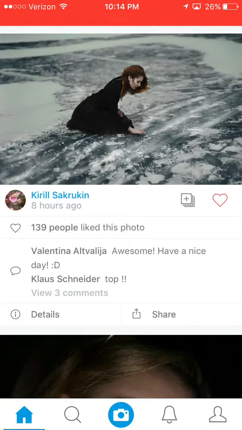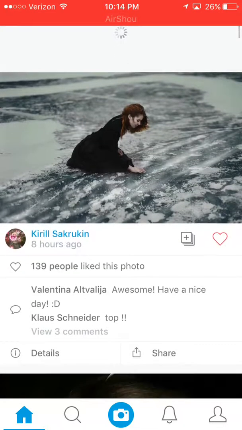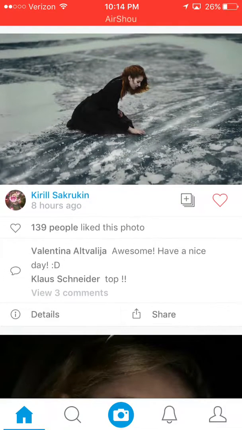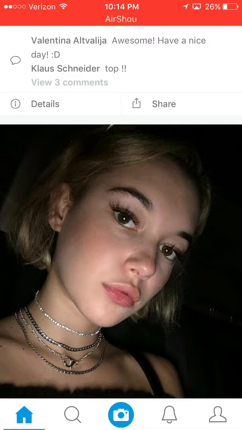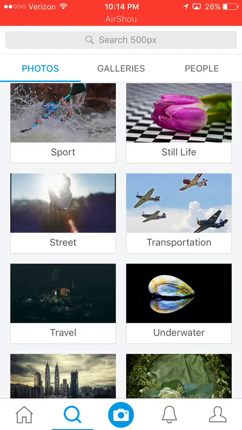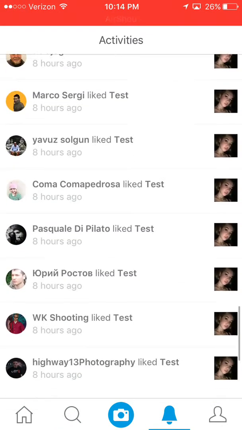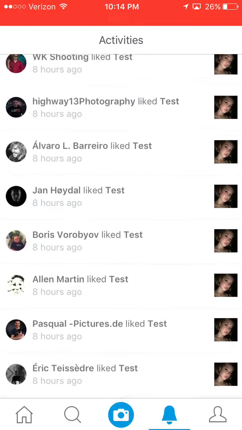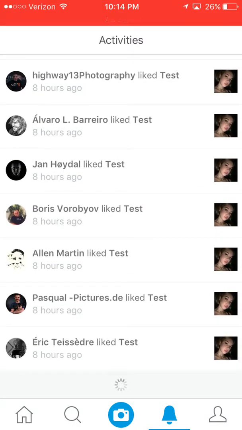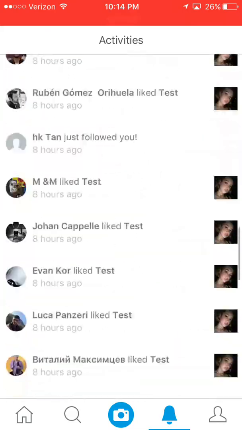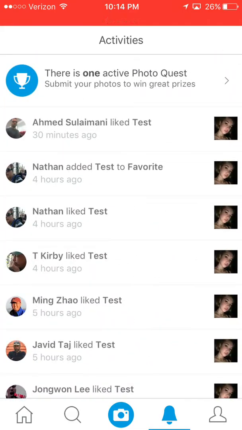So that's basically what I saw at first. There are several minor bugs that I ran into using this application. I don't want to really go through all of them right now. Some of them seem to stop, but there were a few that were pretty obvious. That is my opinion of 500px.